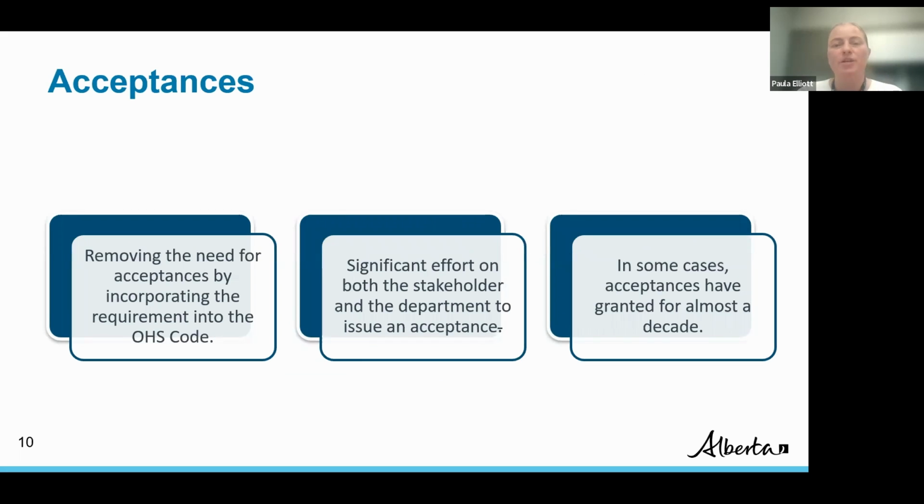The fourth category of changes to the OHS Code involves removing the need for stakeholders to submit acceptances. Acceptances are a burdensome process on both the stakeholder as well as the department, and they're only granted in conditions where equal or greater health and safety protections are occurring. In 3 specific cases, changes were made to the OHS Code to incorporate the requirements into the legislation and remove